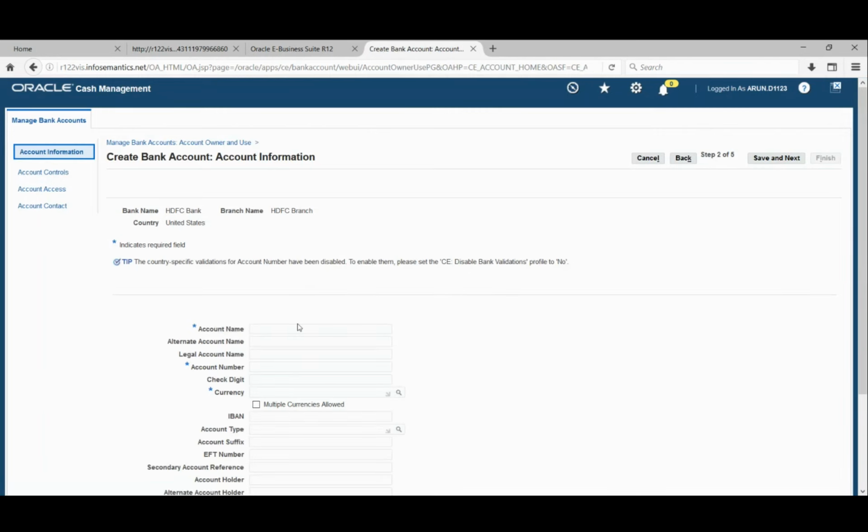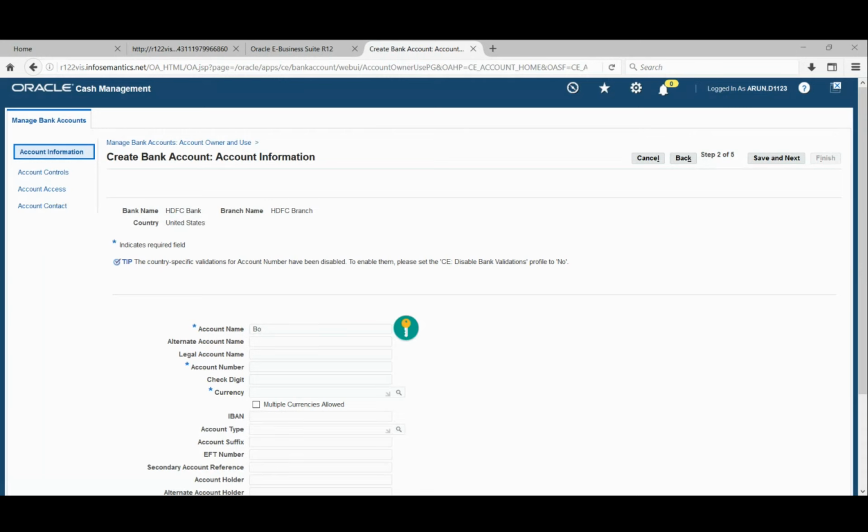Yeah, I don't have sysadmin privilege. So what I'm doing is creating it with the Vision Corporation. I'll attach this Vision Corporation to our security profile, because unless we attach it there, we will not be able to access this bank that we are creating.